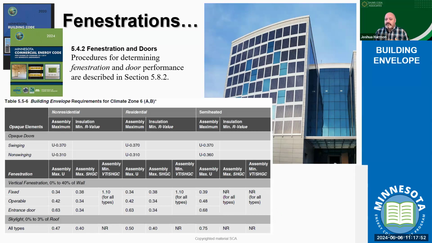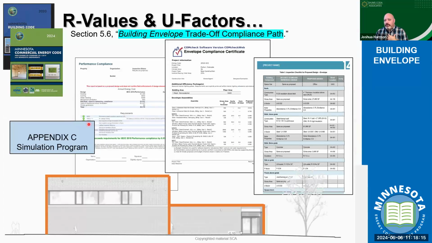Yes, the trade-offs still exist within the compliance paths that we've identified, and that flexibility, especially depending on what we're talking about, is really something we need to remember. When I have the flexibility, this is a maximum value, right, for my U factor, my solar heat gain. I can do that building trade-off through the compliance path for the building thermal envelope, right? I can use my COMcheck, I could use a RIM rated E-Control, one of those other software systems to provide me that envelope evaluation.